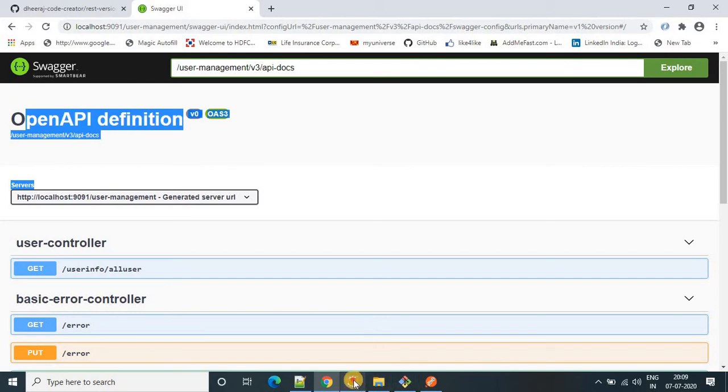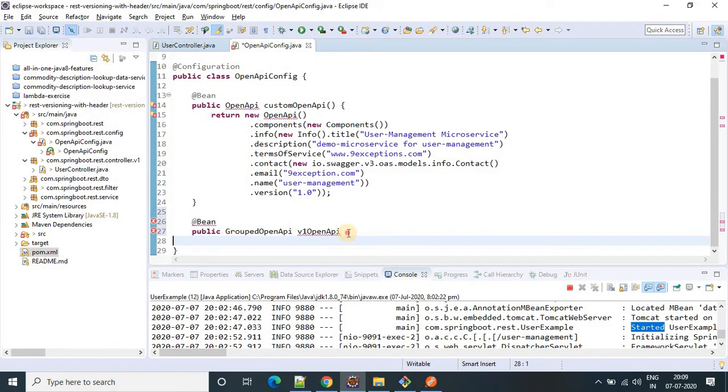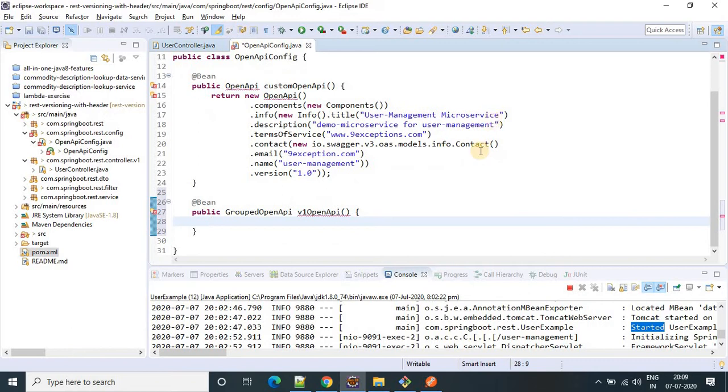Now whatever I am going to do here, that is for my v1 controller. And here we have to take a String array, packagesToScan equals to, just provide the v1 package here.